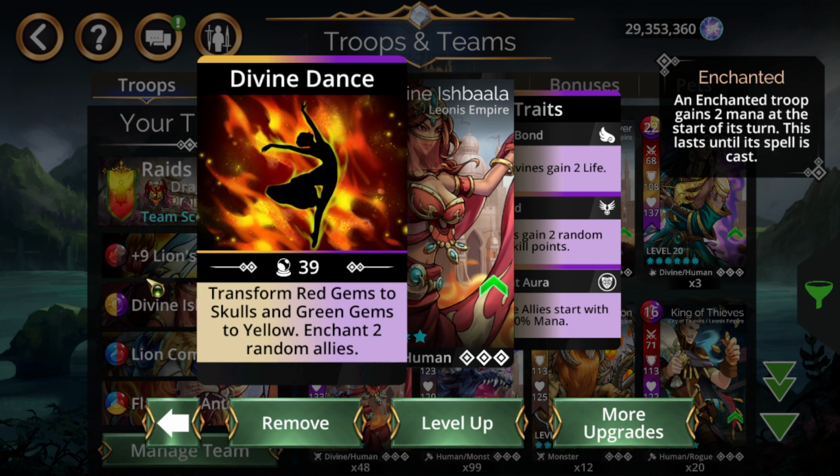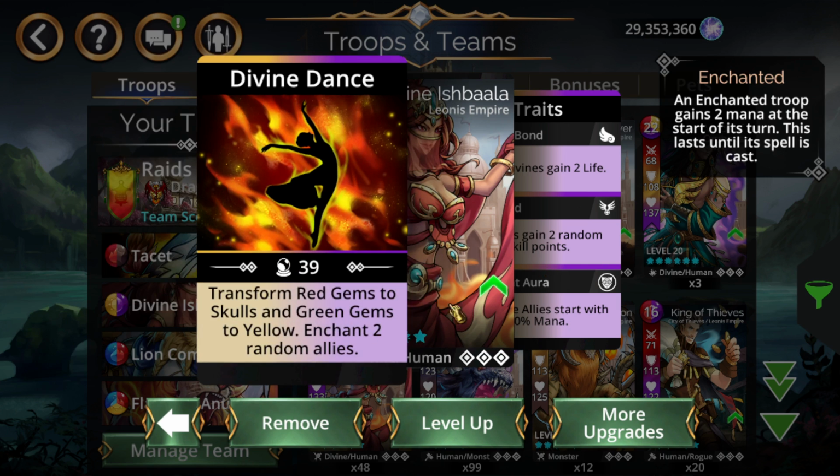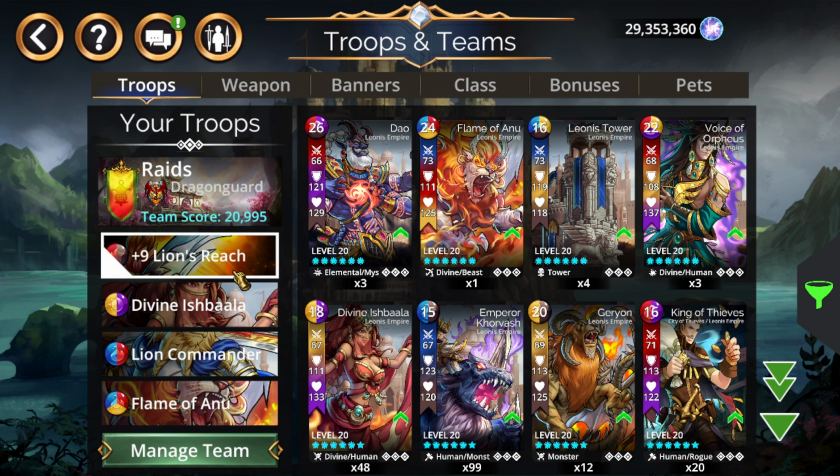Divine Ishbala, we're giving 40% mana start to ourselves as well as Flame of Anu just to get them rolling a little bit quicker. Then we have our little bit of mana accumulation to Skull Spam, which we'll have triple damage burning into. So for the first 3 units that can be burned, we'll just go and kill them out. Even if they can't be burned...